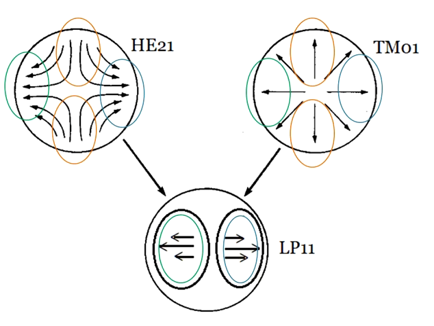Since they have only two directions, the analysis of these modes is quite easy, and once you know the suffixes l and m, you can easily find the field pattern inside the optical fiber.